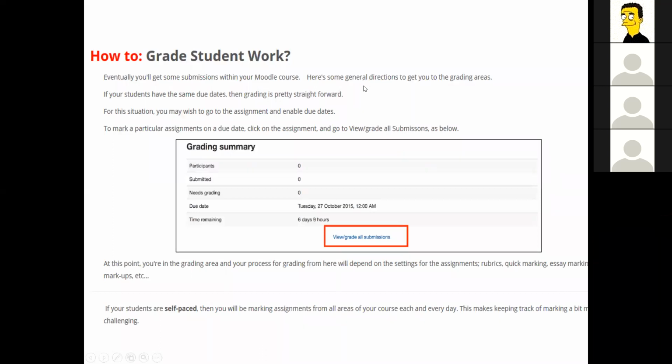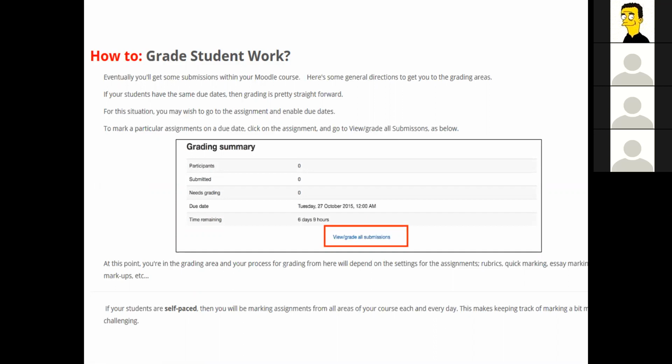You just go to that particular assignment, click on it in your class and hit view grade all assignments, and all of the assignments will come up, and you just go one to the next and grade them. In many cases, there's a rubric that's built right in, and you just click on the different parts of the rubric and it automatically tallies it up and puts it into the gradebook for you. So, basically,